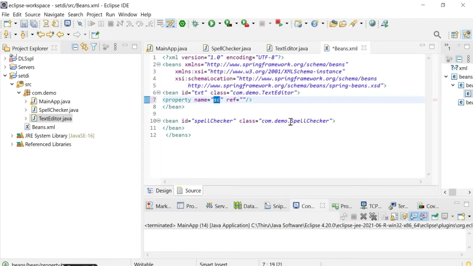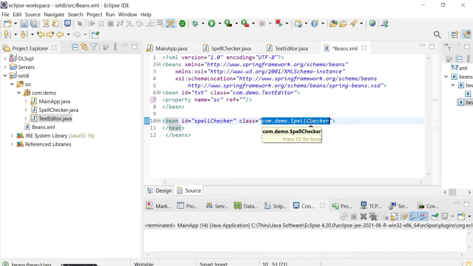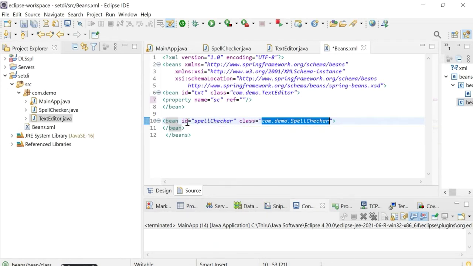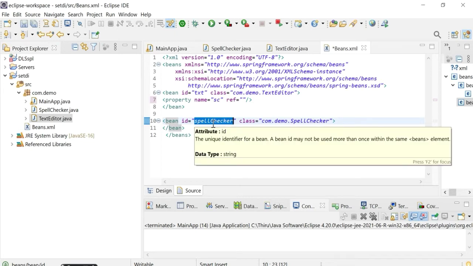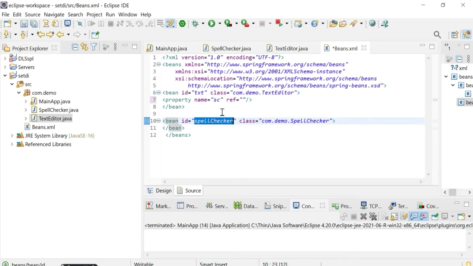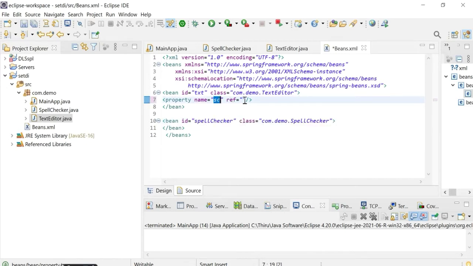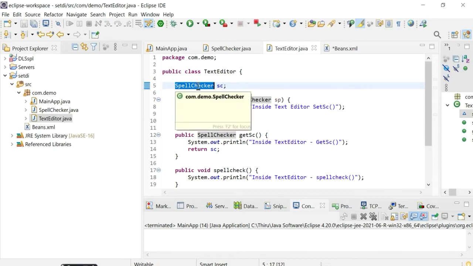Here you can see the spell checker bean is defined. The spell checker class name is given in the class attribute, and the object is assigned in the id attribute. I just give the name spellChecker, with the C alone in caps. This spellChecker should be assigned as the value for this sc reference variable, because sc is the reference variable of spell checker.